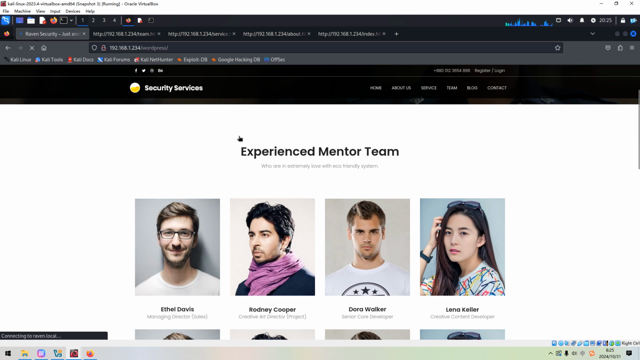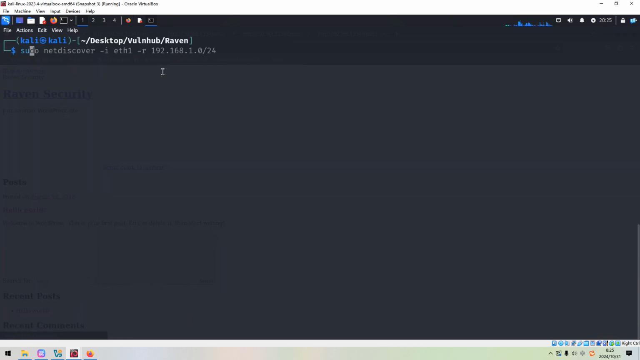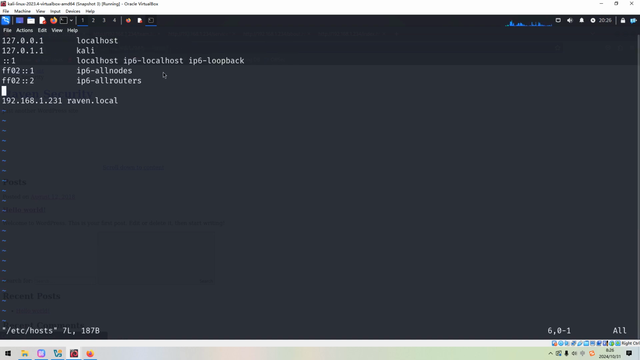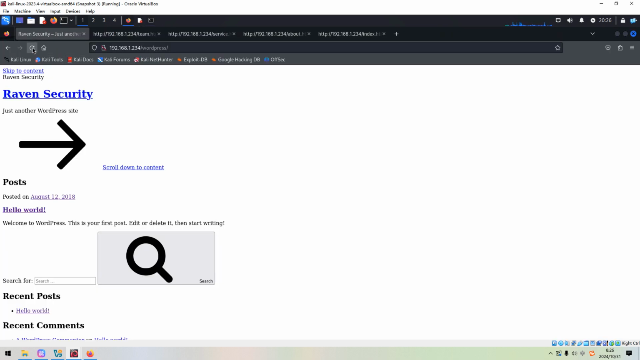We are led to WordPress. And we are connecting to the Raven.local. It means that we need to append this host name to the hosts file, okay? So let me do it now. Vim. And we need to change the IP address from the existing one to 234. Okay, and now if we refresh the page,